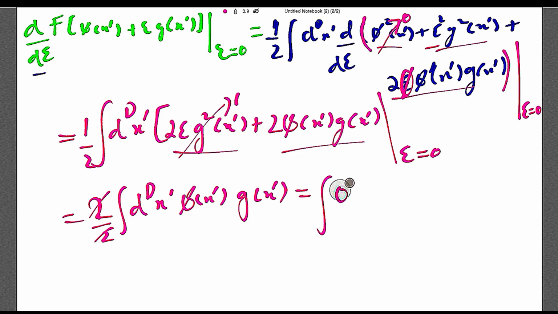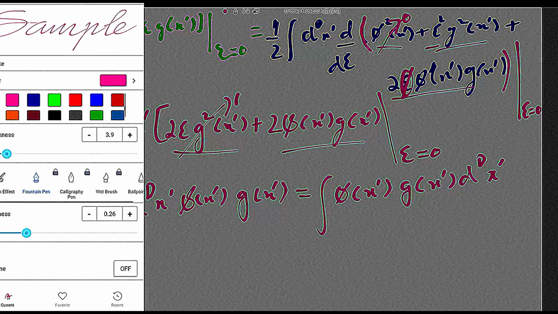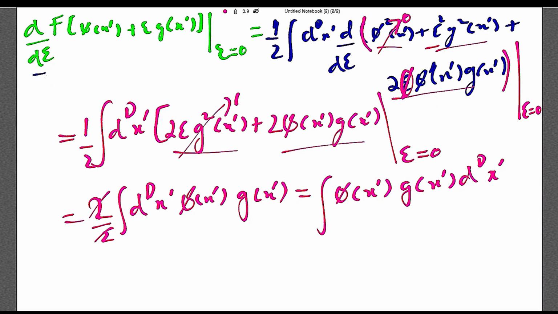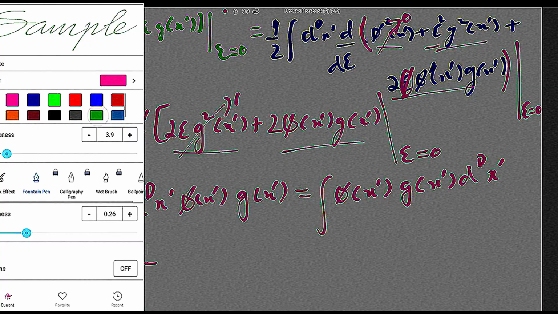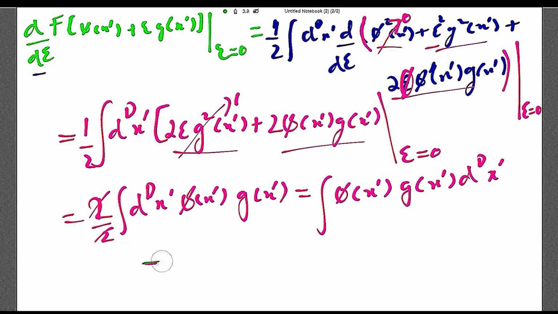let's write down, rearrange things. So I'm writing phi of x prime first, then g of x prime and d of x prime. Ta-da! If you remember the integral form that we had, let me rewrite it here so that the revelation is quite clear to you people. So what we wrote down in the previous case was the integral form, which was this: